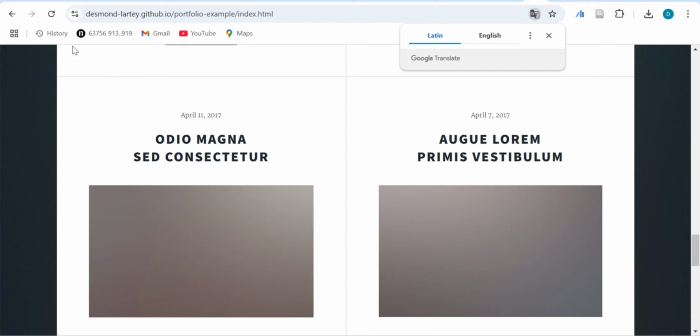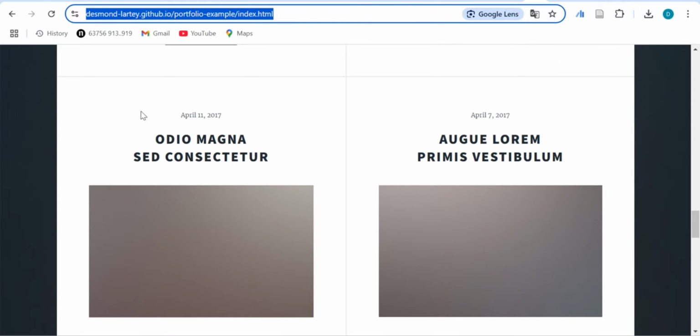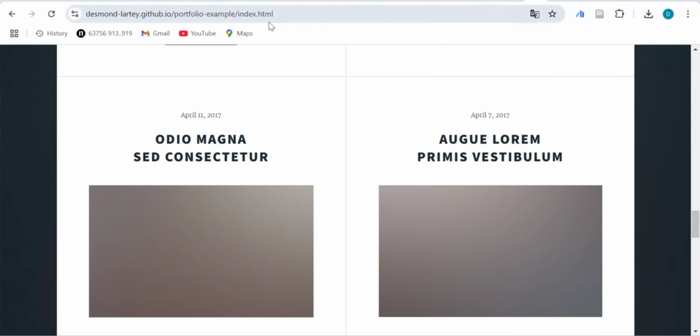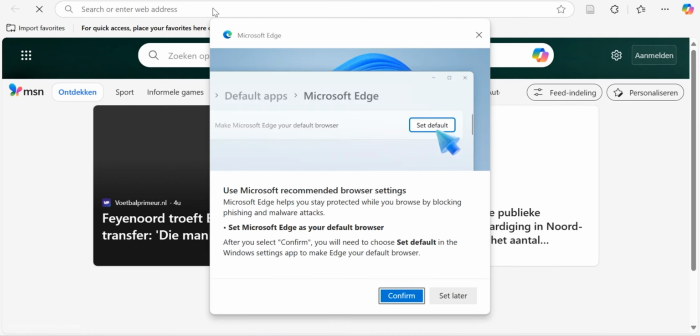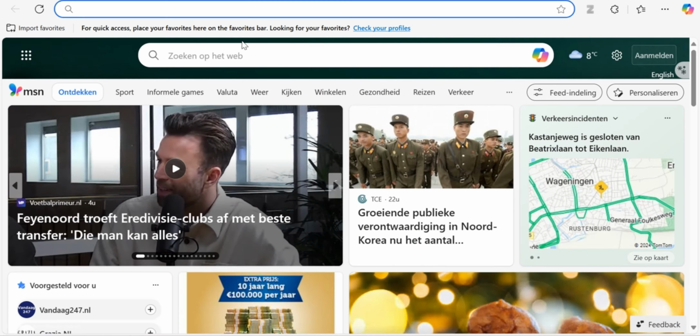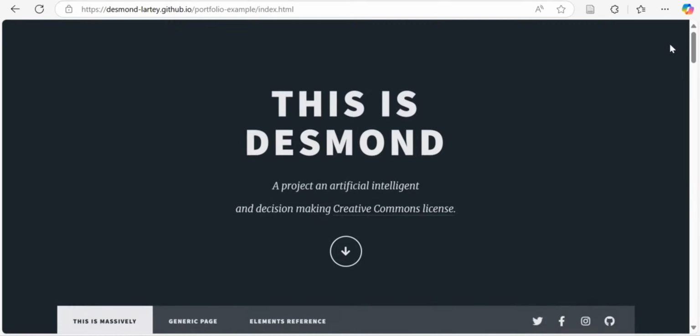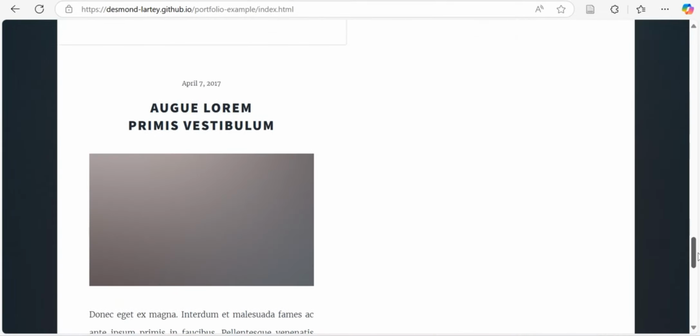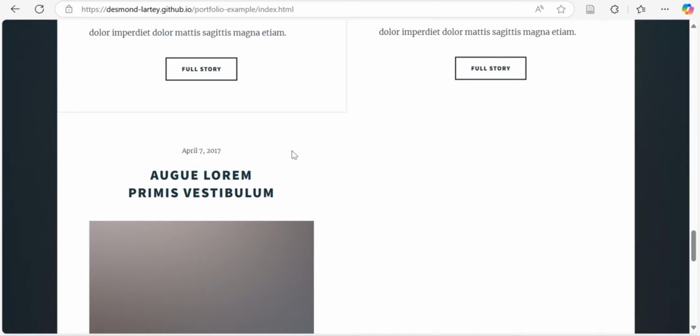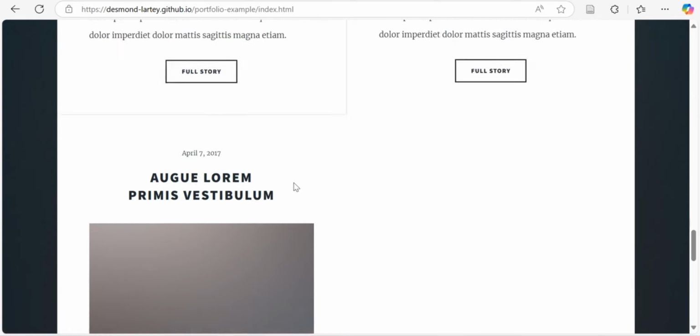It always takes a moment, so don't worry if it takes time. Or you can even just copy this and open it in a new browser because it still has the cache. So yeah, you have your next project also here.